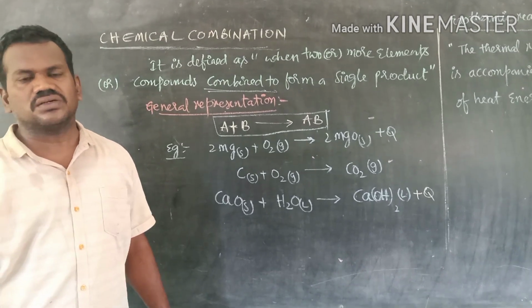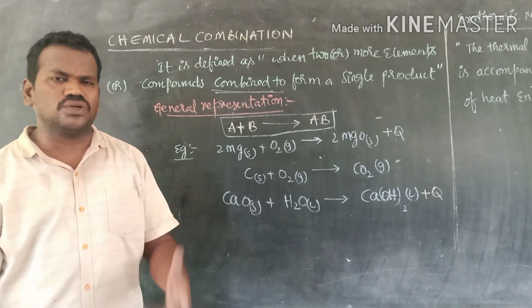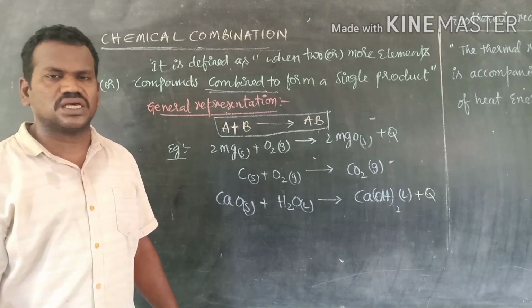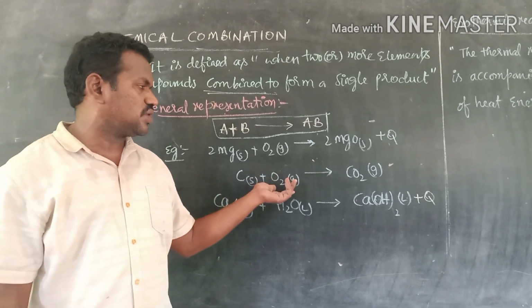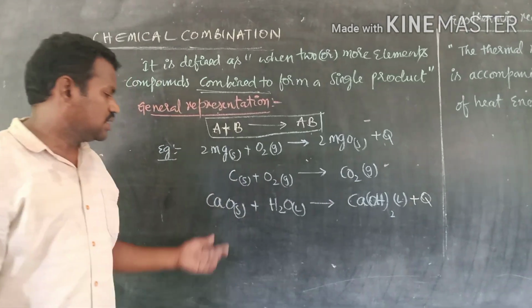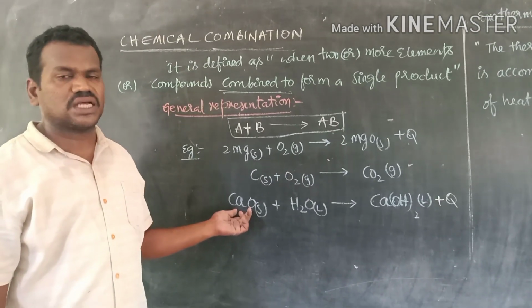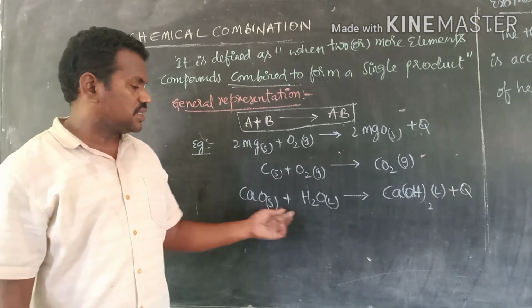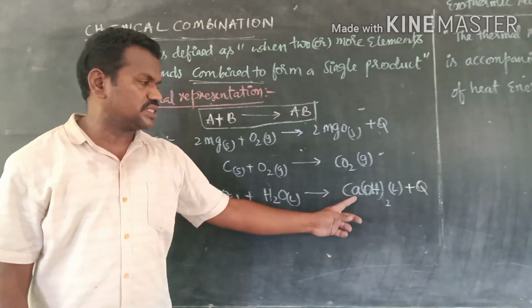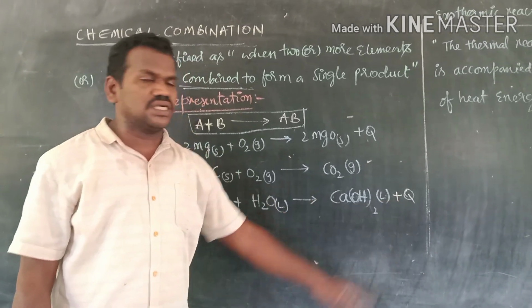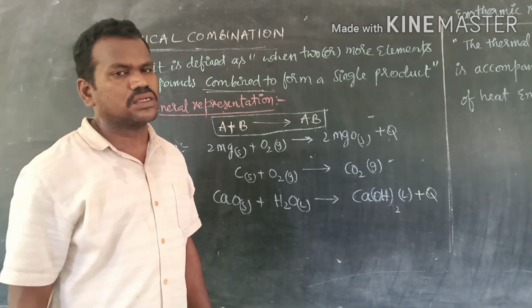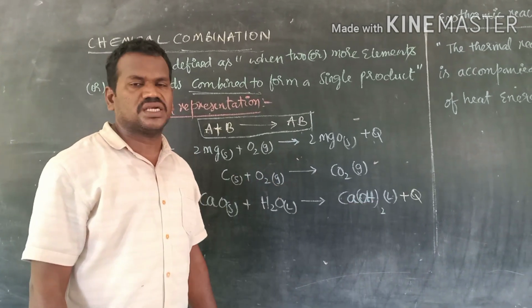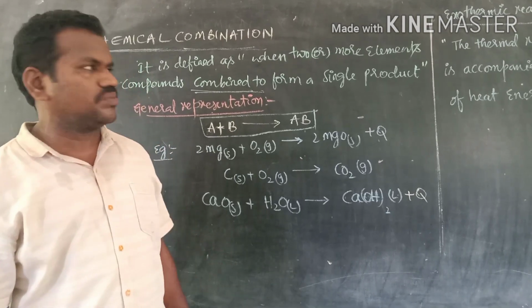Dazzling white light. That white light is pure white light. We already saw it in the reaction. So, some amount of carbon also reacted with oxygen to form carbon dioxide. Calcium oxide, which we call quicklime, reacted with water to form slaked lime. Along with that, heat is also liberated. Why? Because whenever we touch the beaker, it is hot. This means some amount of heat is liberated, which is an exothermic reaction.